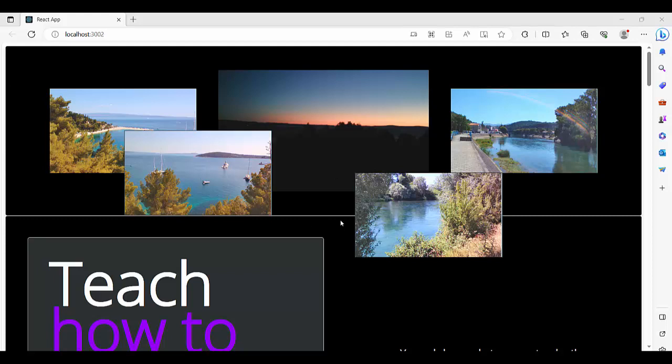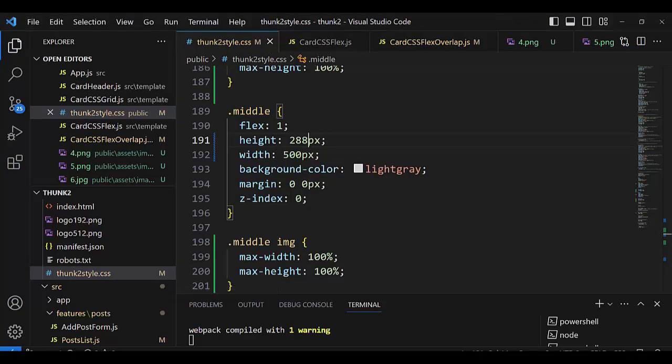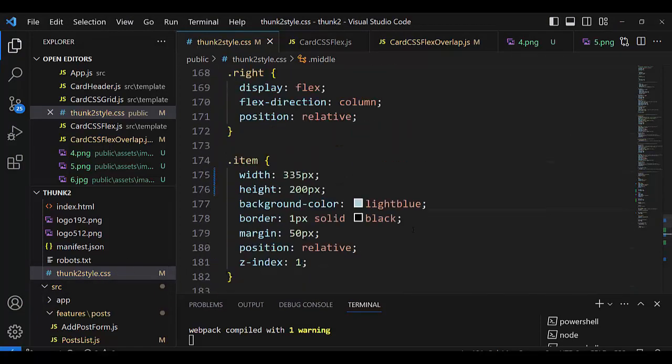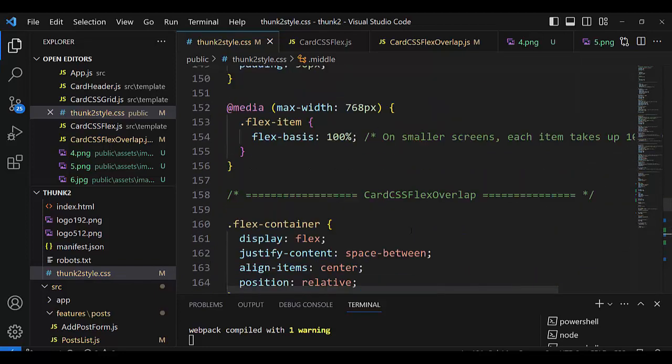And you can download the Tank 2 application. The address is in the description, and you can see and copy for your usefulness and for your learning. Here is style, outside style, and I create a comment, and you see it is card CSS Flex overlap. I call it card, but